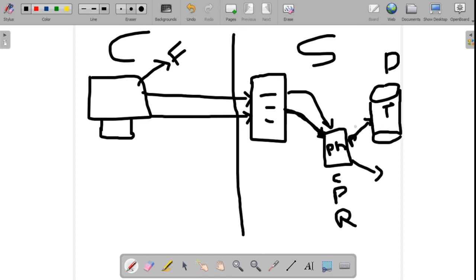Guys, have you ever noticed when you enter a wrong password, it pops up saying your password is incorrect, your username is incorrect? Yes, it is coming through the validation from the server side, because your username and your password are not matching with the data present in the database.